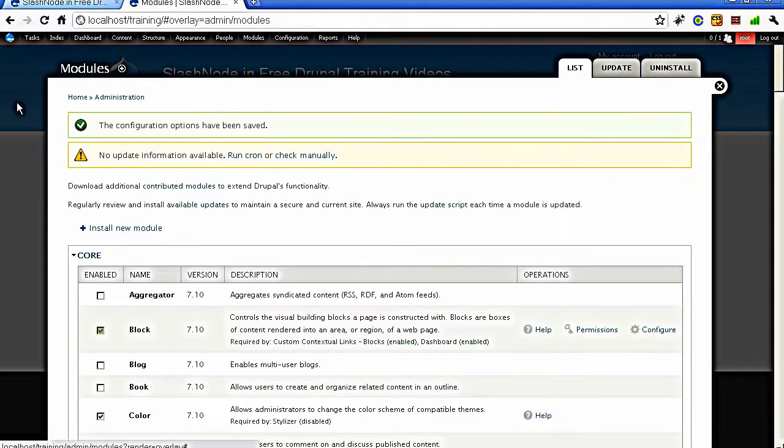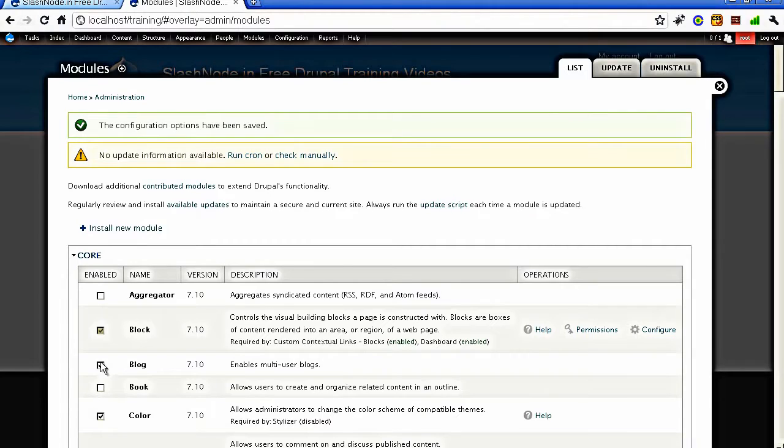So let's begin. The first step that you need to do for enabling the blog on a Drupal website is to enable this module that comes by default with the core, which is known as the blog module. It is very simple.